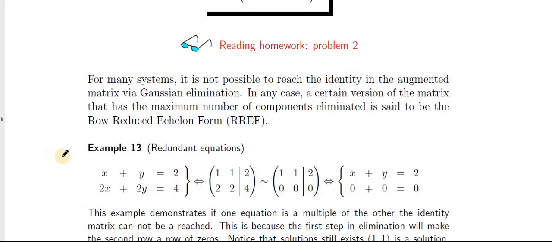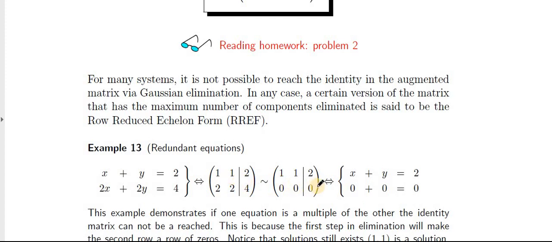In this example on page 13, example 13, we have this system of equations, and you might notice that the second equation is simply 2 times the first equation. So it doesn't introduce any new information. When we do this process of row operations, which corresponds to adding equations to each other, here we've written the equations as an augmented matrix. Here we take 2 times the second equation minus the first equation, and we get all